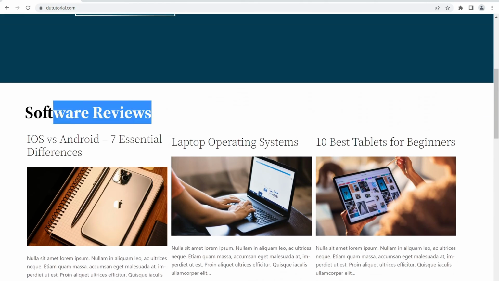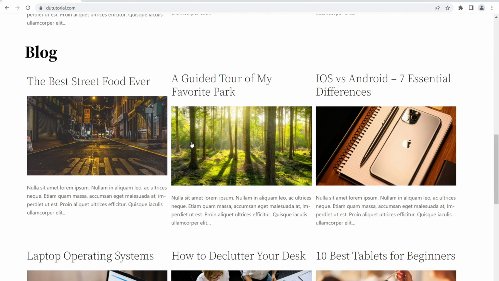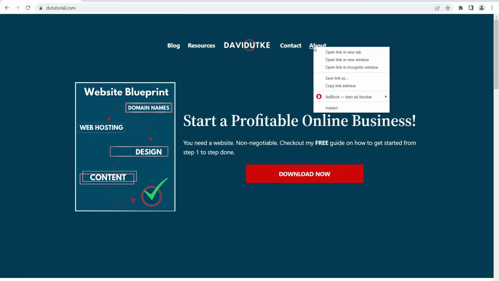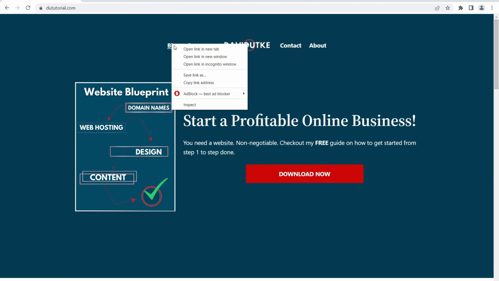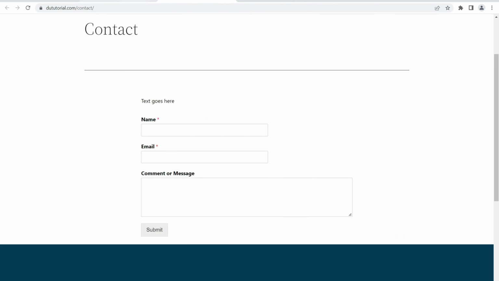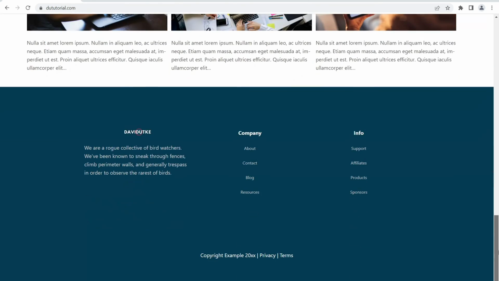And so this one's being powered by a specific category, so you can kind of target and self-select what blog posts you want to display on the homepage instead of just any blog post. Then we also have a section where you can just display all your blog posts as you want, how to customize different pages like your about page, your contact page, resources, how to create a blog archive page, how to set up a contact form, how to custom design about page with different block templates, and how to set a